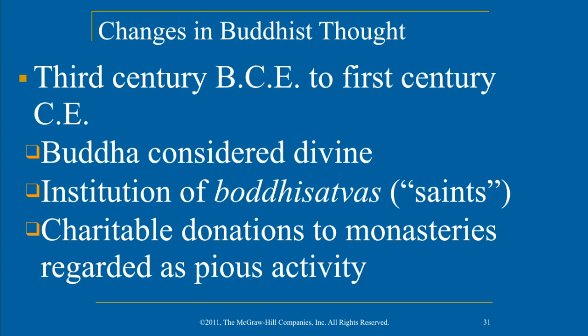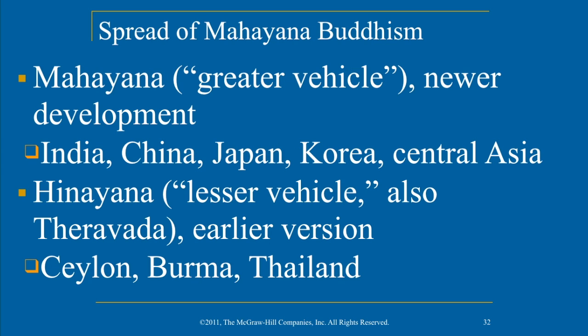You have to, I don't know, go be a dock worker, but you really desperately want to reach enlightenment, and you realize the truth of this religion, and you want to do something positive. Well, what you could do instead of just meditating all day or following the Eightfold Path constantly and giving up your job is donate to the monastery. And the monks will give you some universal credit towards being a good person, and by doing this, it's seen as being pious or someone who believes in what you're doing, and it's kind of like meditating. It's not an equivalency, but it helps you along your path of relieving suffering.